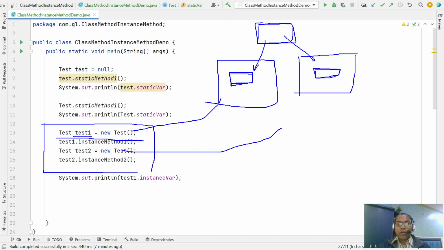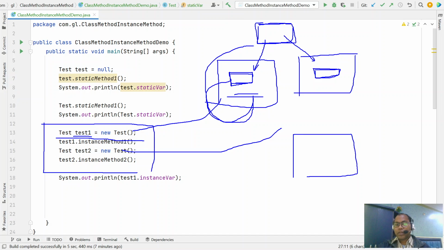Whenever you invoke an instance method, you can access any instance variable or class variable. Similarly, for methods, one is the class method and the other is the instance method.